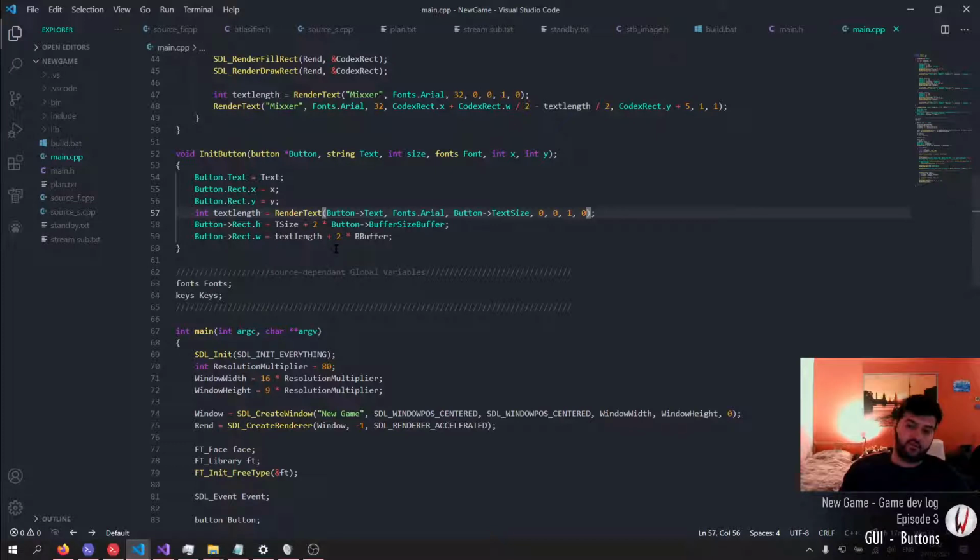Font colors is something I have to deal with later, how you change the color of things. Okay. So in this case, we just pass it font. You pass it